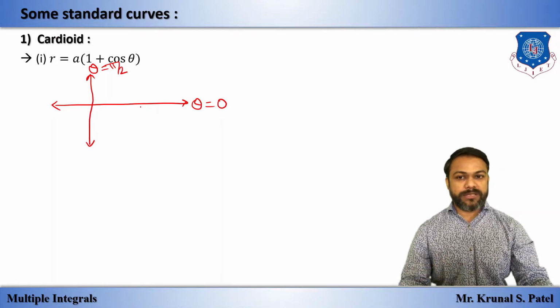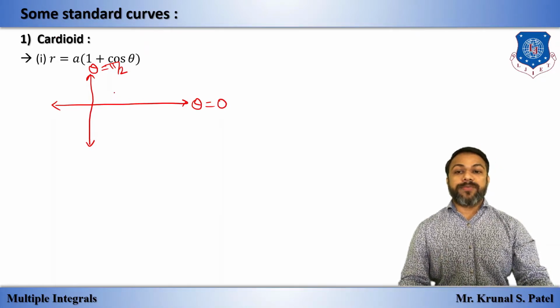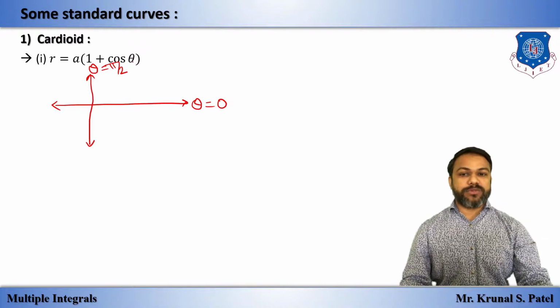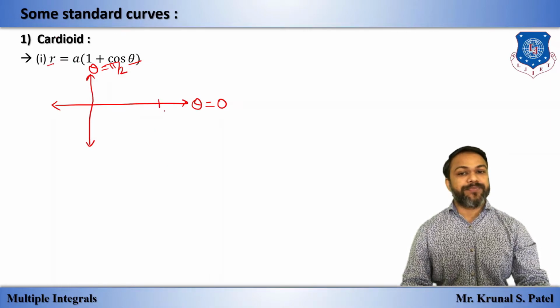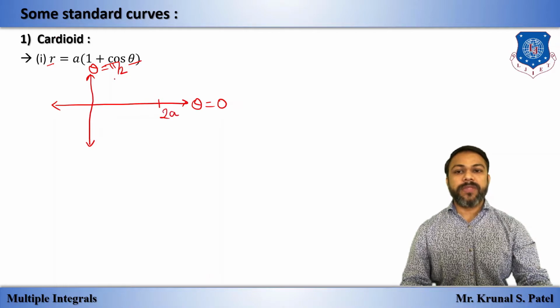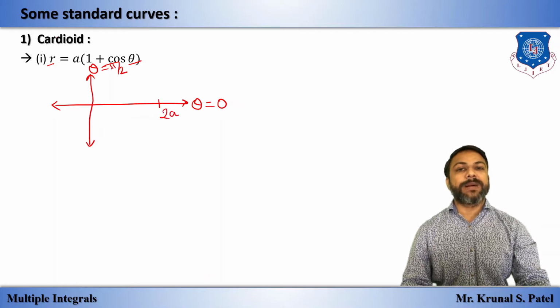So we will write down these two. Now if we start with theta equal to 0, cos 0 is 1, so 1 plus 1 is 2. So the radius r is 2a. So we have this 2a. Okay, this is 2a. If you put theta equal to pi by 2,